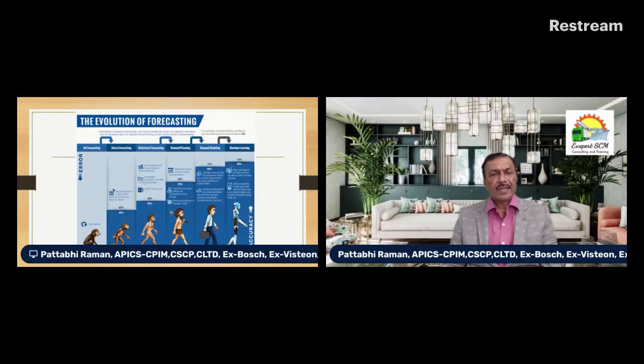But that was not sufficient if your organization is complex and involves multiple products and multiple sites. But I know many organizations are still getting stuck with this level of forecasting, where you can see the error level is still at 50%. But when you have to go to the next level, definitely you need some type of advanced technique away